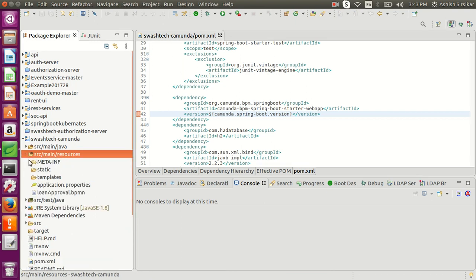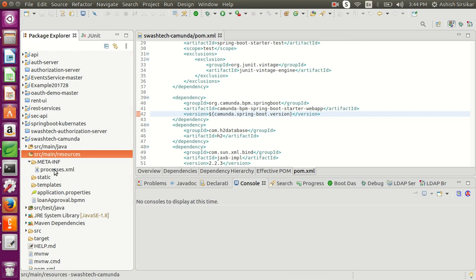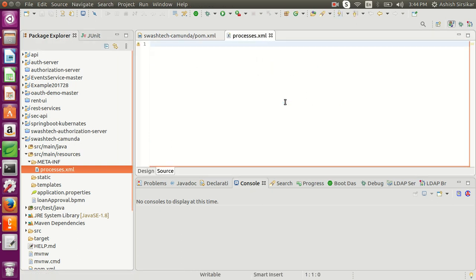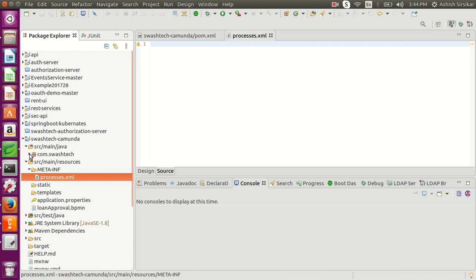So what is process.xml? process.xml generally is put under the META-INF folder. Now I have an empty file because I am directly running it from Java. You can write your bpmn entry into the process.xml, like if you have some bpmn file and you want to deploy it to the servers, you can put this entry here with the full path. Okay, and you can do it in Java as well. I did it in Java because this is the first basic example that I am covering here.